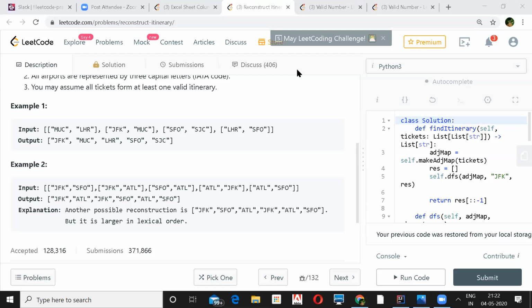Initially I mark both SFO and ATL as unvisited, and then keep on doing a DFS. When I visit SFO, I mark it as visited so that next time I will not visit SFO again. So instead of marking visited vertices, I'm marking visited edges. The problem is that altogether you have to visit all the edges, rather than all the vertices. So that's the difference between a Hamiltonian path and the Euler path. Euler path, yeah.